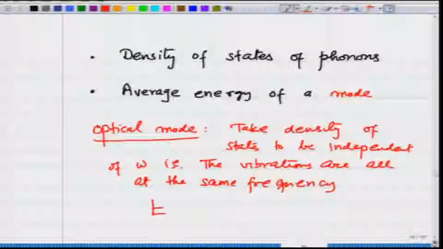And this we call the Einstein model. And we also had the Debye model,